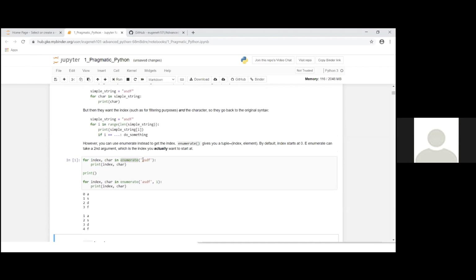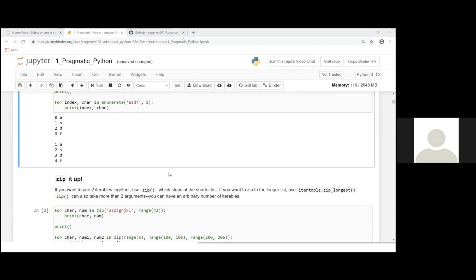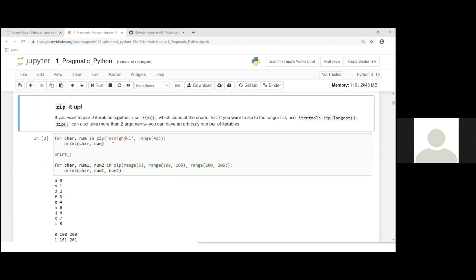So if you want to enumerate over the string, you get the index and character as the tuple that you're looping over, and print that out. And if you want to start off from 1 instead of 0, or some other starting index, you would put 1 here. And that's all there is to enumerate. So I'm going to quickly go over these warm-ups because most of you are familiar with it.